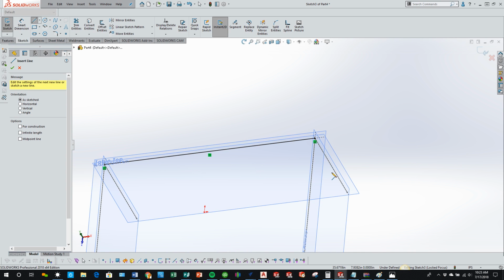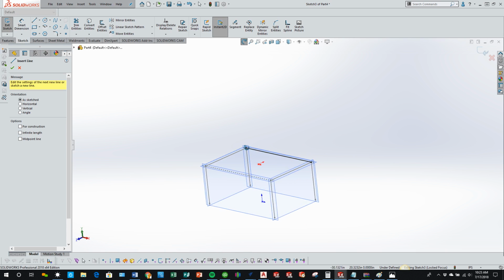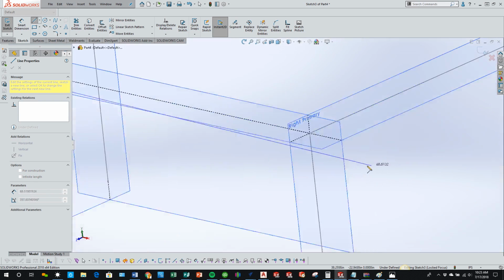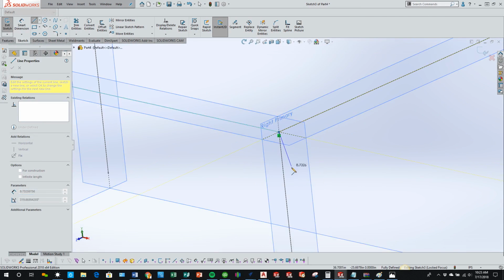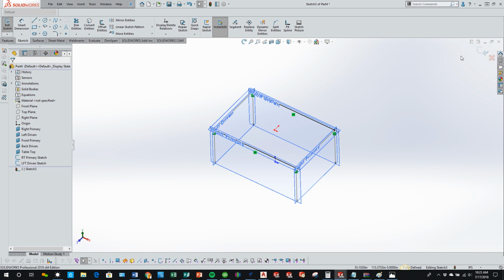That line is now fully defined. And I'm going to do that same process right here. Come in, click, and then terminate it on this other end. All right, so now with this done, if I just go ahead and exit the sketch,